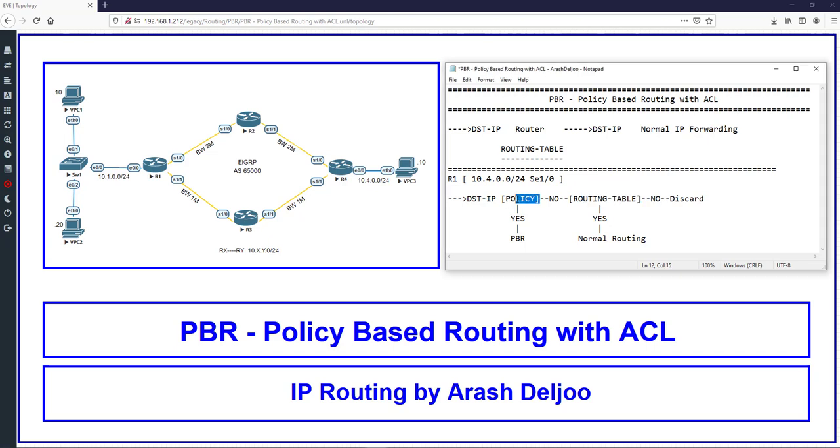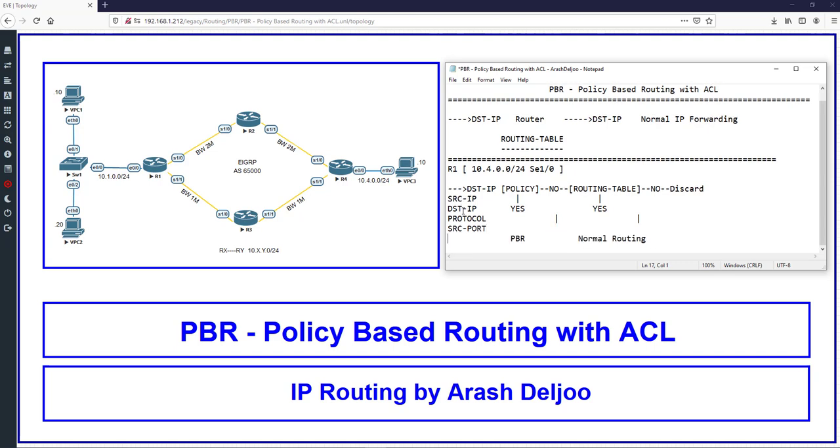Don't forget, the policy is not necessarily about the destination IP. The policy can be about, for example, the source IP, or the destination IP, or a combination of source IP and destination IP. Also, it can be about the protocol, okay? And maybe it can be about the source port or destination port, or for example, the length of the packet, okay? I will show you how we can configure the policy, but for now, it's better to use one simple policy because I want to show you